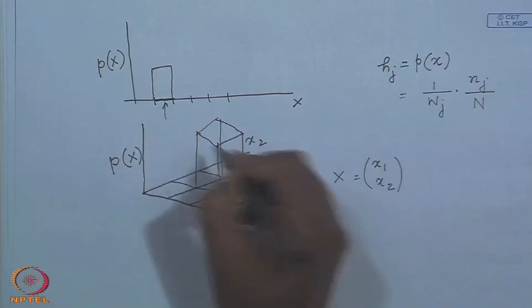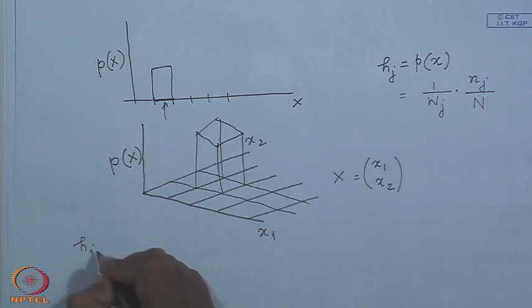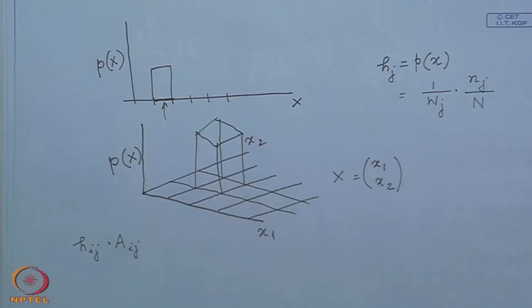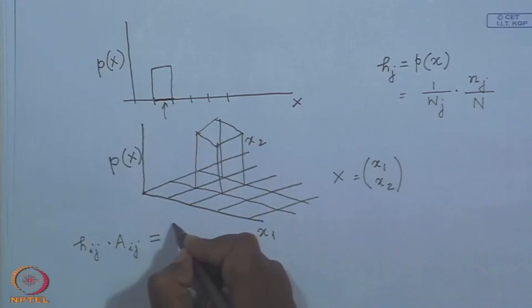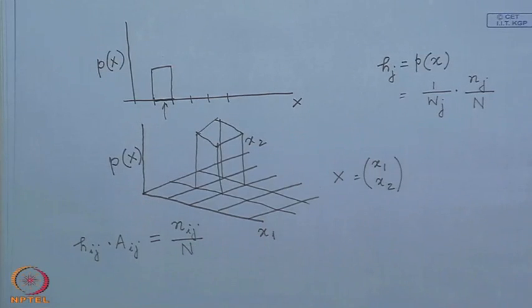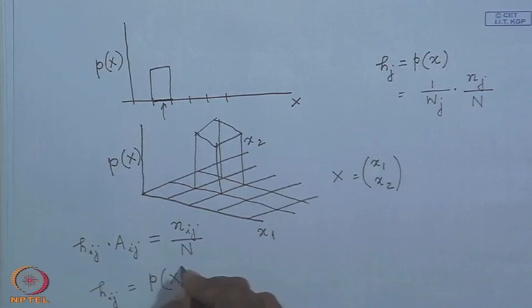The volume is given by, if this bin is the ijth bin, h i j times a i j, where a i j is the area of this bin, and we said that this has to be equal to n i j upon capital N, where n i j is the number of samples which falls under this ijth bin, and capital N is the total number of samples. So, from this we can compute h i j,